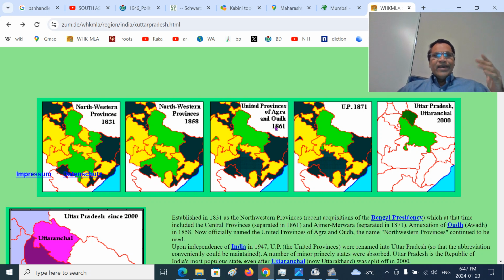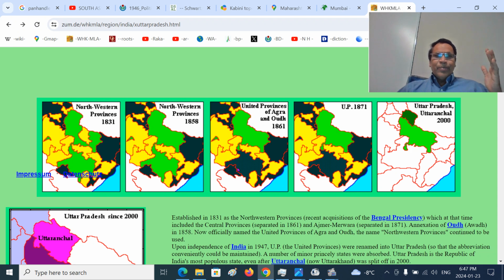Southern provinces, south of Lalitpur, Jhansi, Panhandle were designated as Central Provinces. Jabalpur, Nagpur region. Nagpur was the bilingual province. Nagpur was the headquarters. That was in the Marathi speaking territory. Later it got the Berar region. That is Akola, Amravati, all those areas, Yavatmal and Washim. And that's called Berar. It's called Central Provinces and Berar.